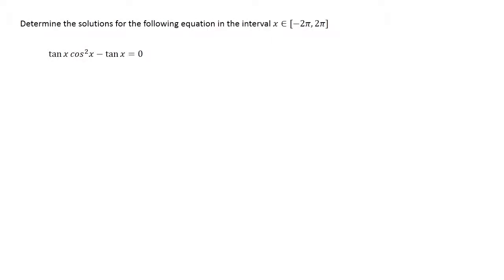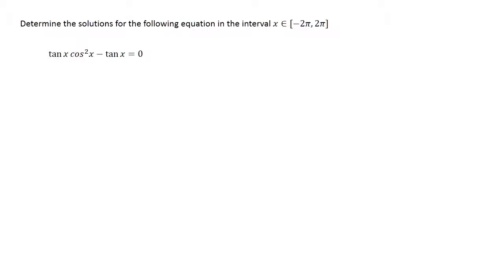Here comes part 2 of our exercise in solving trig equations. At the end of the last video, I asked you to look at a few questions in the textbook, and I hope you've had a chance to at least attempt them before looking at this video. This first question says tan x cos squared x minus tan x equals 0, and your first instinct might be